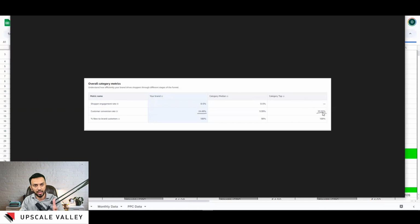So we always aim for the category top, because that is how we are going to get ranked, and that is how we are going to have an expectation that we can get up to 40 or maybe 60% organic orders. So that's where we are going to make the real money. So the conversion is an important metric to achieve that part, and the number was not the same 24%